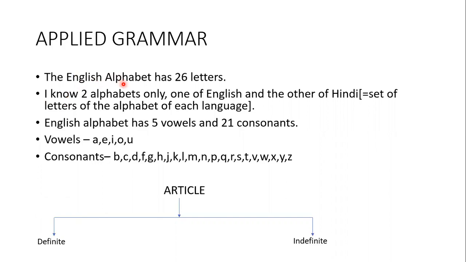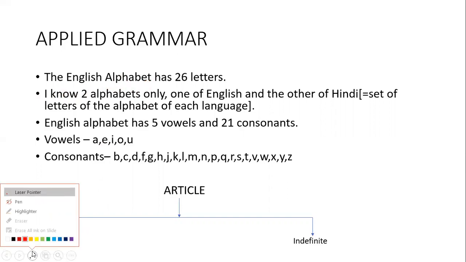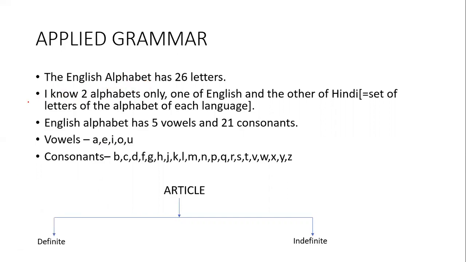Now, here's a small confusion that I want to clear. All of us know that the English alphabet has 26 letters, that is from A to Z. But what we have to be very clear about is that it is the English alphabet that has 26 letters. It's not 26 alphabets in the English language. Please pay attention to this and listen carefully.